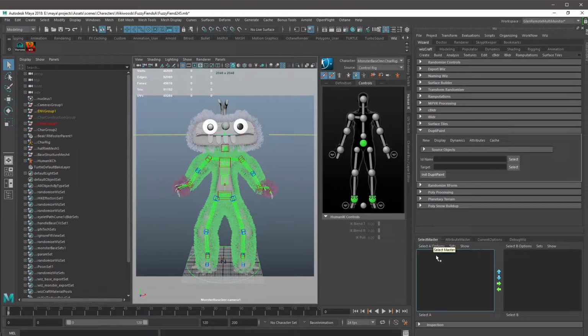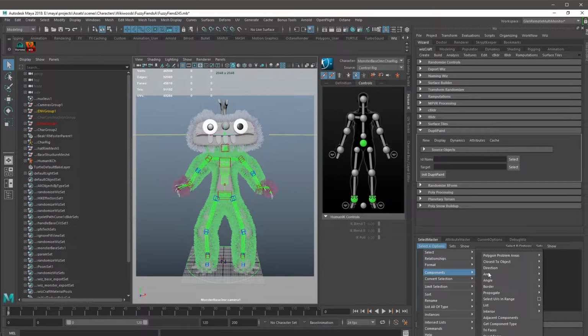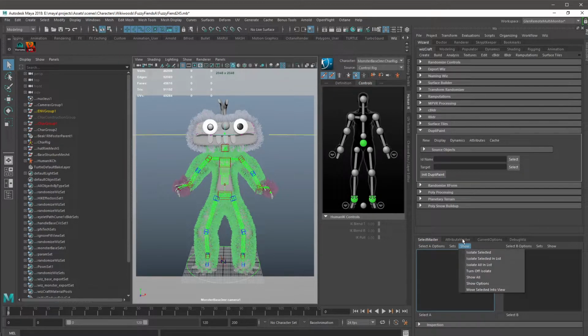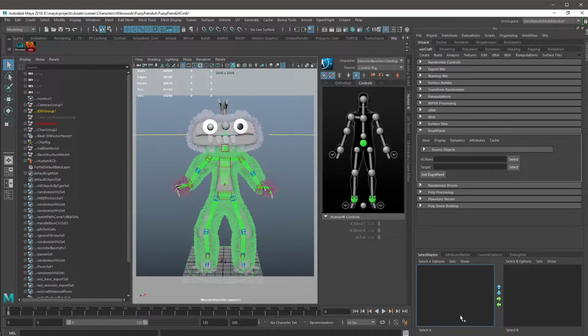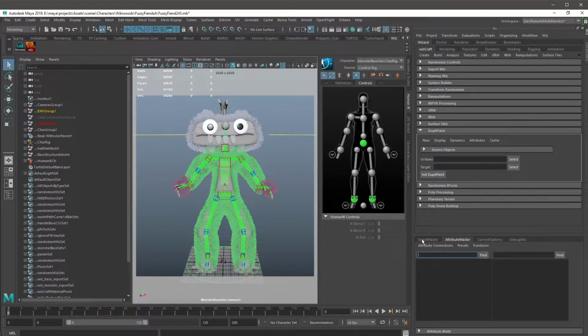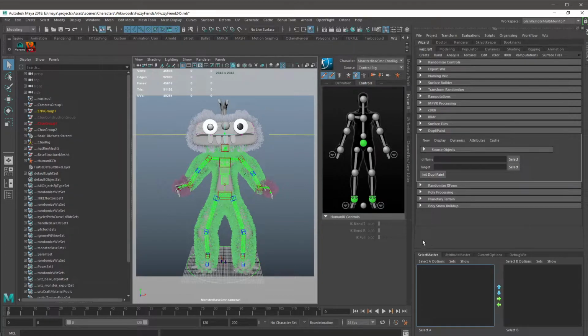Like I have a select an attribute master, which you can create all kinds of sets of objects and connect them automatically based on sets of rules. It's kind of difficult to go into detail into how all of this works within a brief period, because it's kind of dense, but